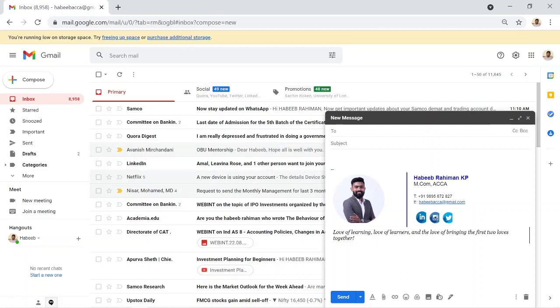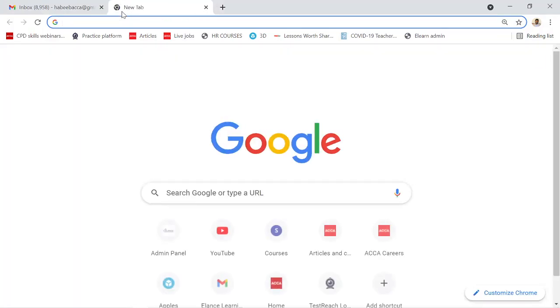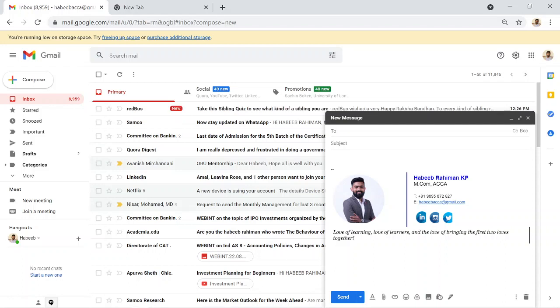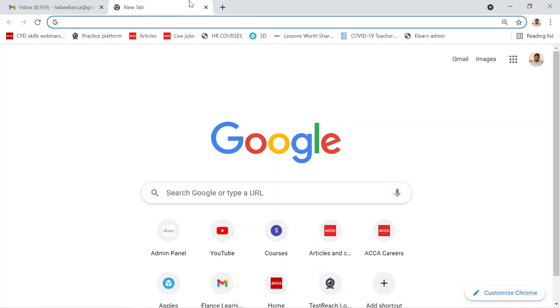So we downloaded that. Next, what we require is, look at here, there are a lot of social media icons I provided in my signature. While my email receiver clicks on this LinkedIn icon, that will redirect to my LinkedIn account. That's how I can super easily connect with my team members or any other potential customers, clients, etc. Fine. So for that we need to download some social media icons.